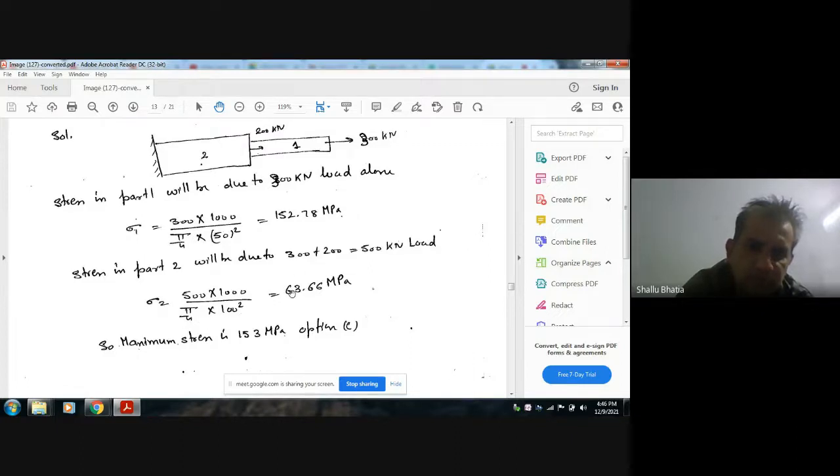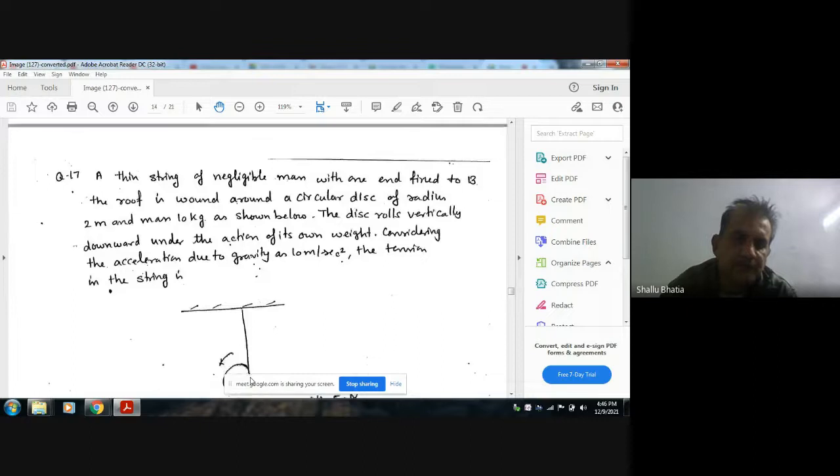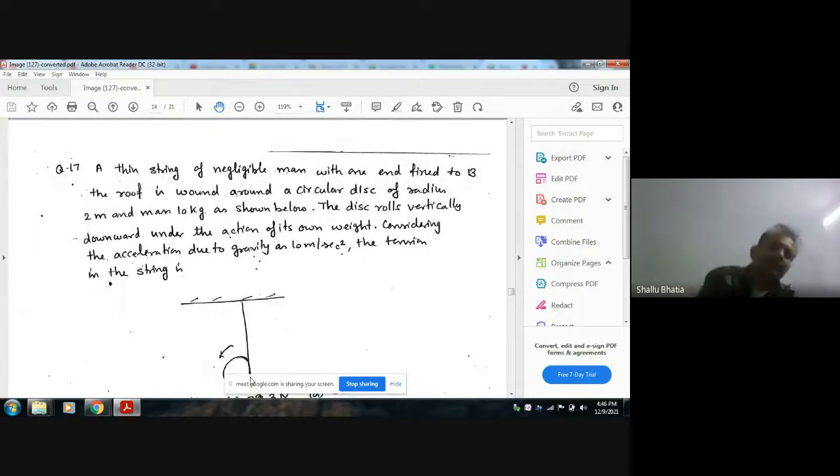So it comes out at 63.66. So the maximum stress is in the first part, that is 63.66. Okay. Next, a thin string of negligible mass with one end fixed